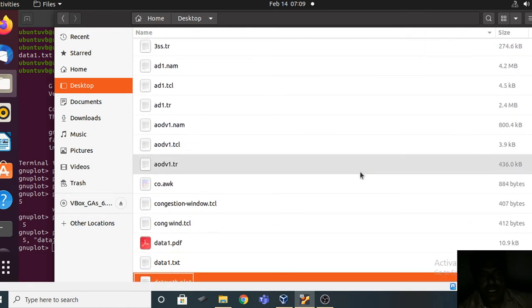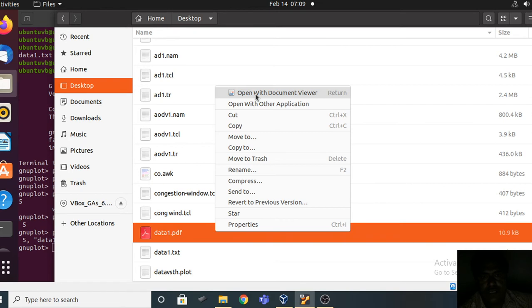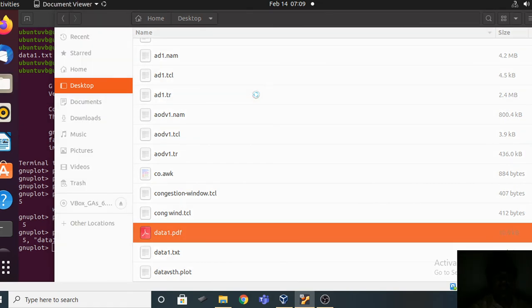So under the letter D, you can find data1.pdf. If you want to view this file, you can right click, open with document viewer, so that the file gets opened. So it is opening. You just wait.